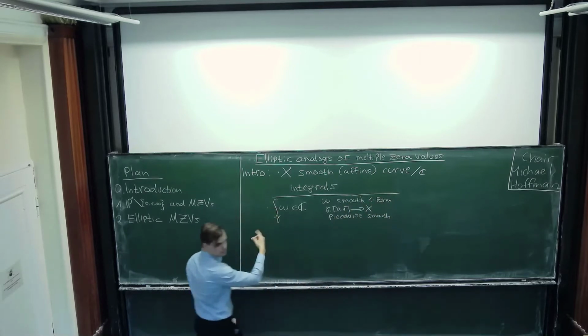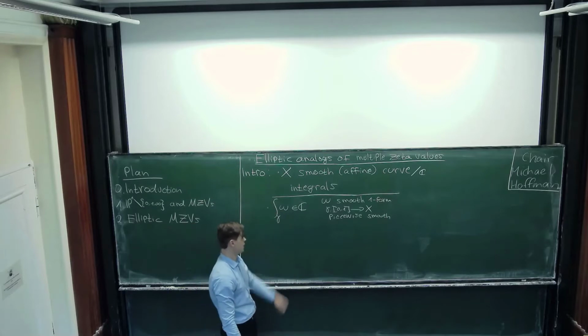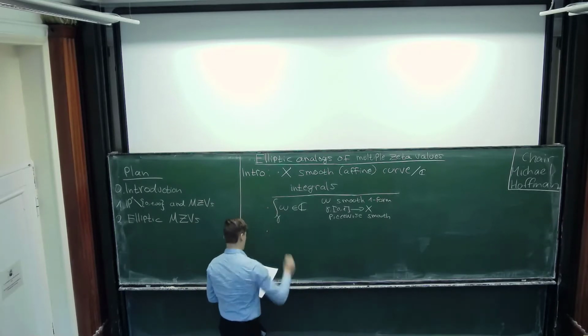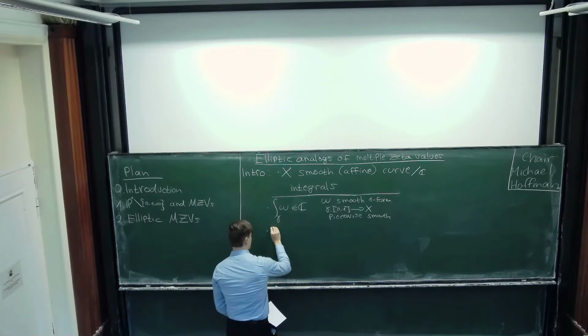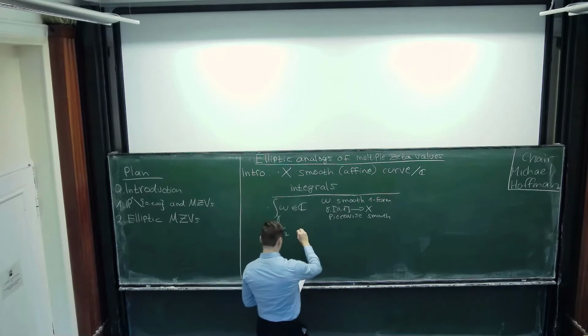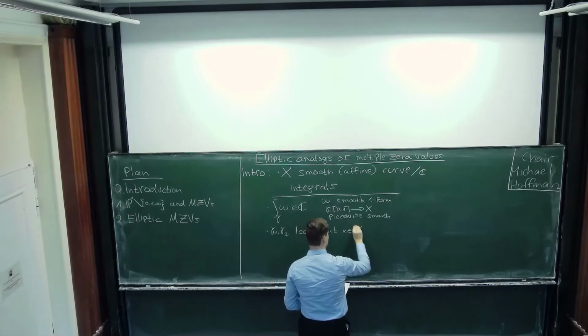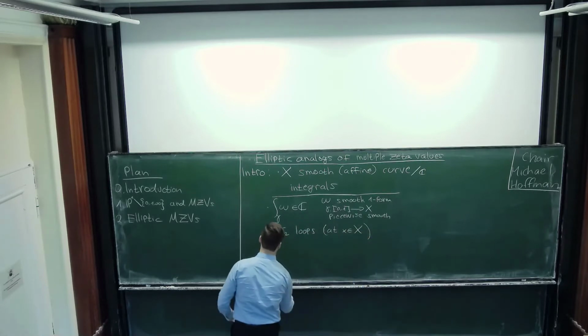Of course, if you're interested in periods, then you might want omega and gamma to be defined over Q or algebraic over Q in this dual sense, but we can be more general. And then the one point I would like to draw your attention to is if you have two loops, gamma 1 and gamma 2, say based at the same point, little x in capital X, then you have the following